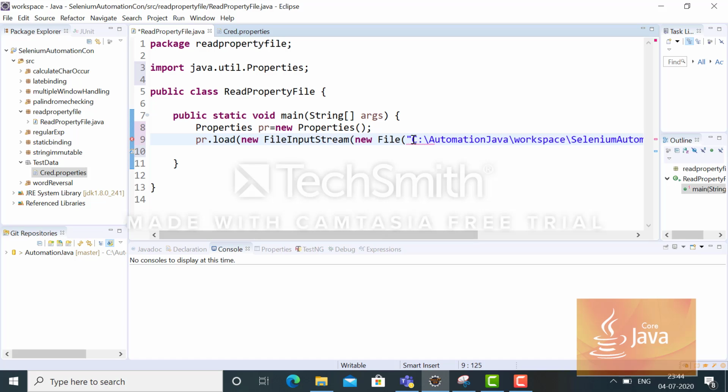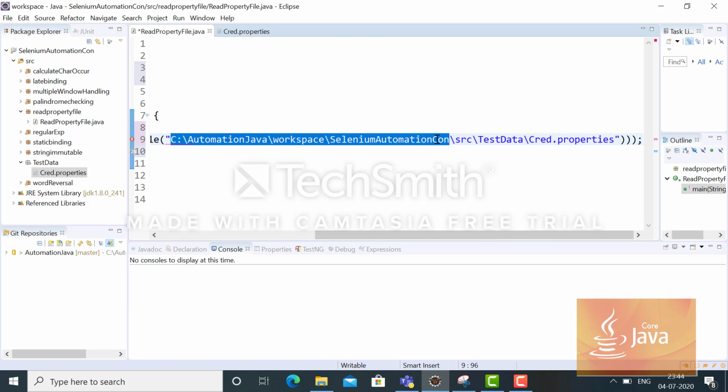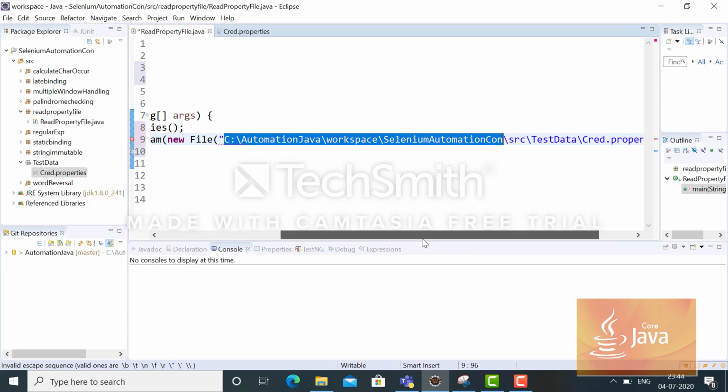Now let's say I want to make this a little bit dynamic. Till this point, the project path might vary from machine to machine, or if I share the code, their project architecture or name might be different. So I want to make it dynamic. How will I do that? I'm deleting it.